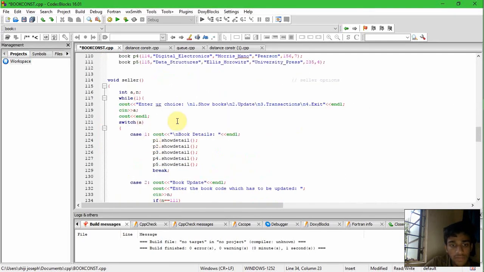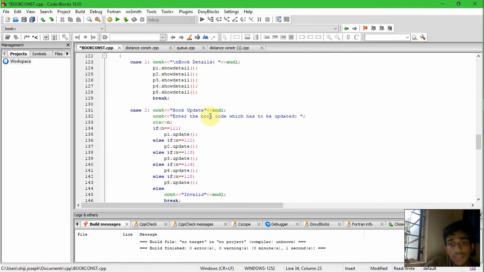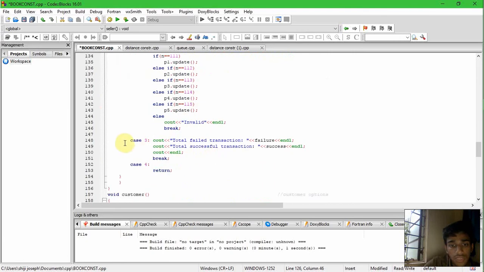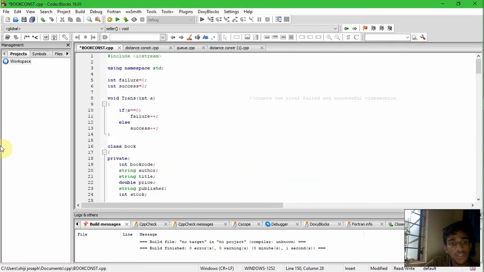Then after that, if the seller gives the option for transaction, it will go to case 3, transaction, and it will show the total failed transactions and successes. The failure and success I have declared globally. These failure and success are global variables, that is int failure is equal to 0, int success is equal to 0. Why I have created this: when a customer purchases a book,